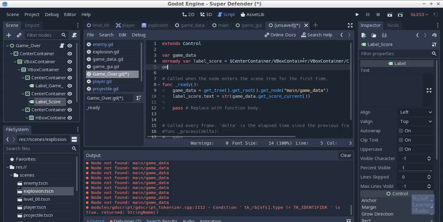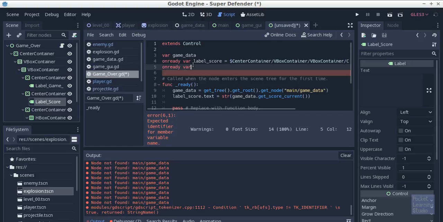If I was just belting out some code, I may not be doing the onReady for the buttons because I probably would only be using them once, so it's probably not efficient coding, but again, always good to practice this. So let's say button play equals,